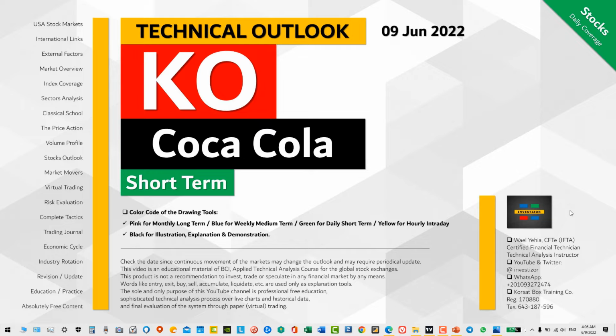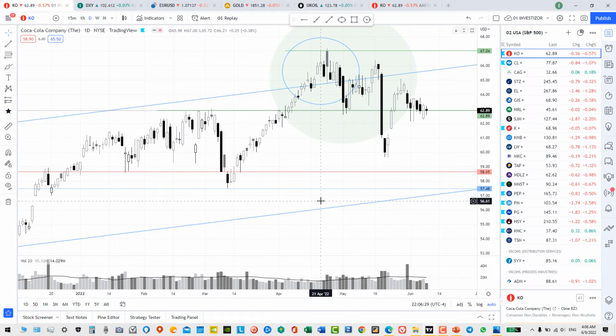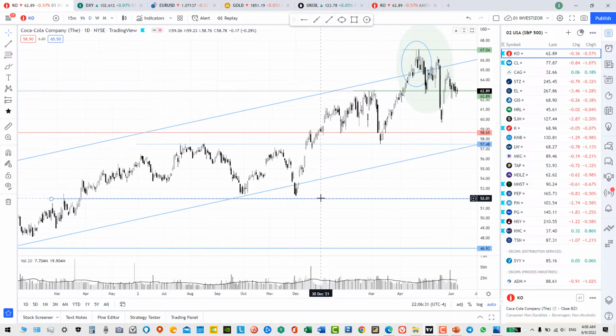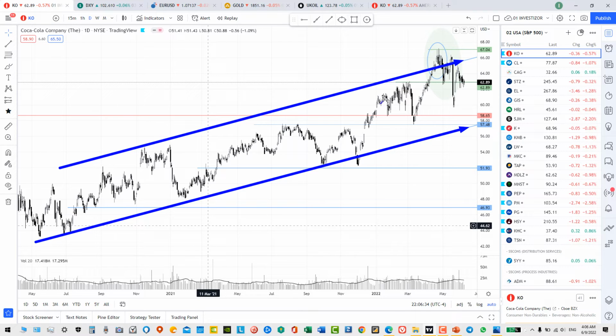In this video, we will update our classical technical analysis view for Coca-Cola stock over the short term. First of all, we should zoom out a little bit to check the major trend over the long term. And we can see easily that the trend is up over the long term, and the stock now is testing